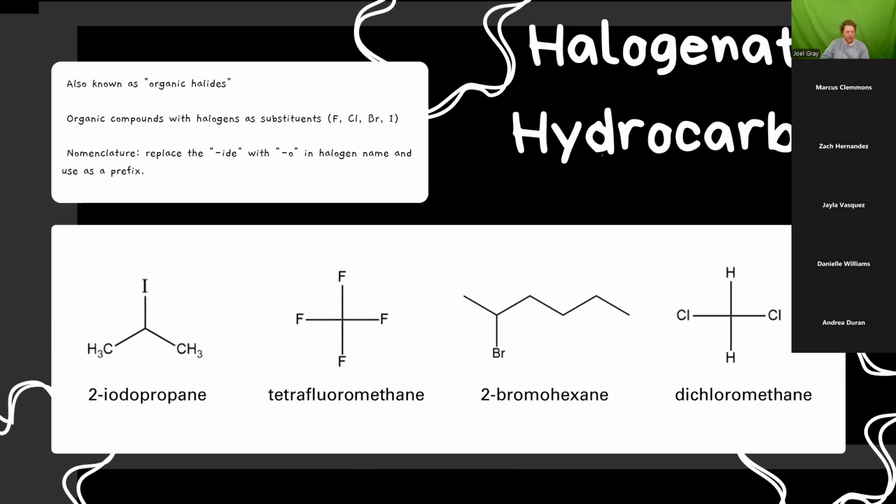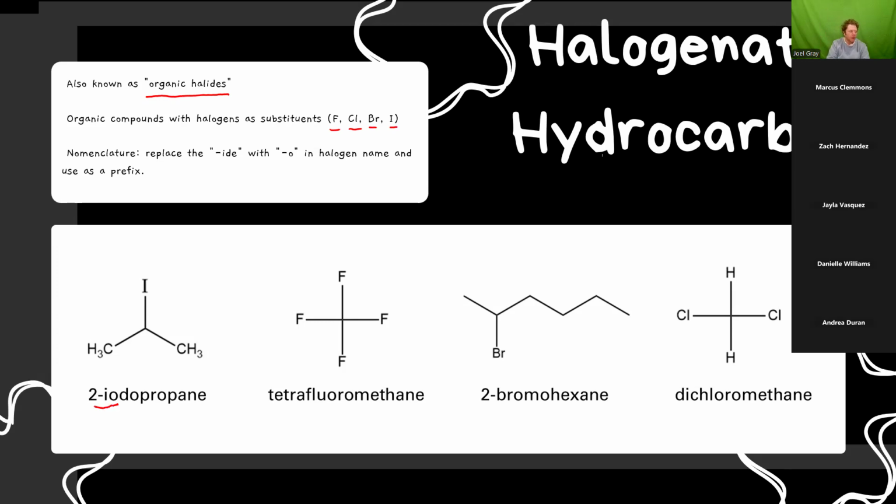Now, the next class of compounds that I want to talk about are halogenated hydrocarbons. Whenever you hear halogens, I want you to think about the periodic table, and specifically where the halogens are on the periodic table. They're on the far right. They're non-metals. These are also known as organic halides. These are organic compounds with halogens as substituents. So they have fluorine, chlorine, bromine, or iodine. These are our most common halogens. One example would be